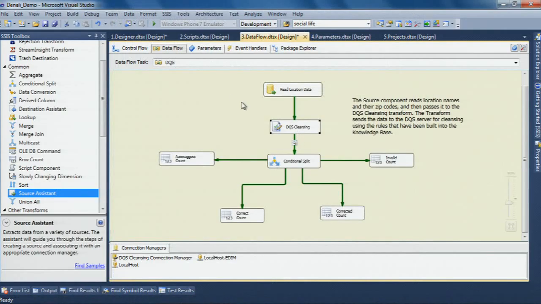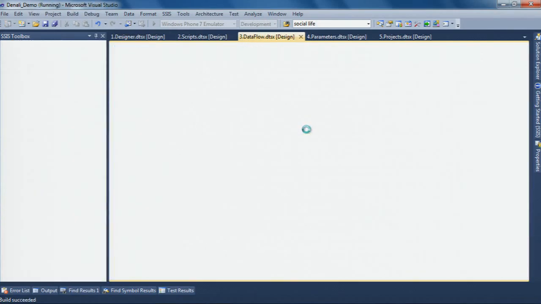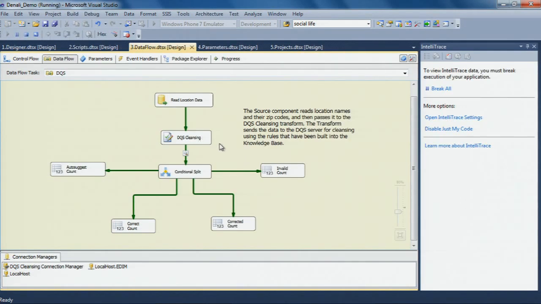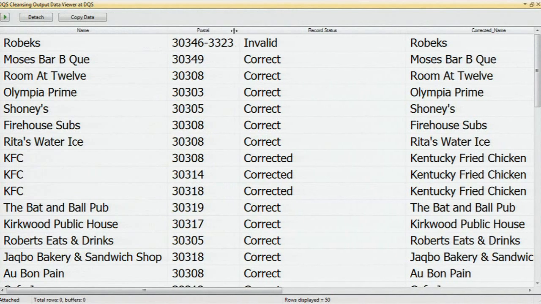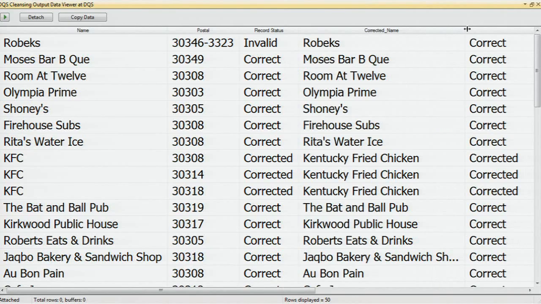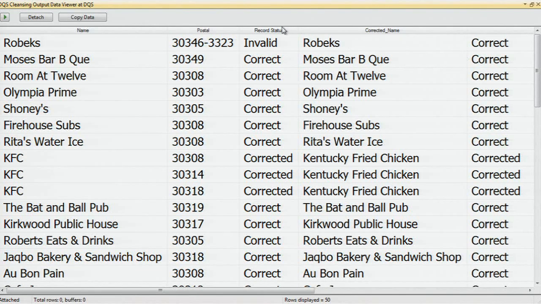So I'll run that, and I'll show off the new data viewers at the same time. So this is just going to read my location data, going to go through the data quality services cleansing, and then a conditional split. I'm going to split the rows based on the results. So here's my data viewer. Did you know that you could resize, that you can change the font size in data viewers? I've been working with the product 5 years, and I just found this out on Monday. I blogged about it, so at least I'm sharing with the community. But anyways, so